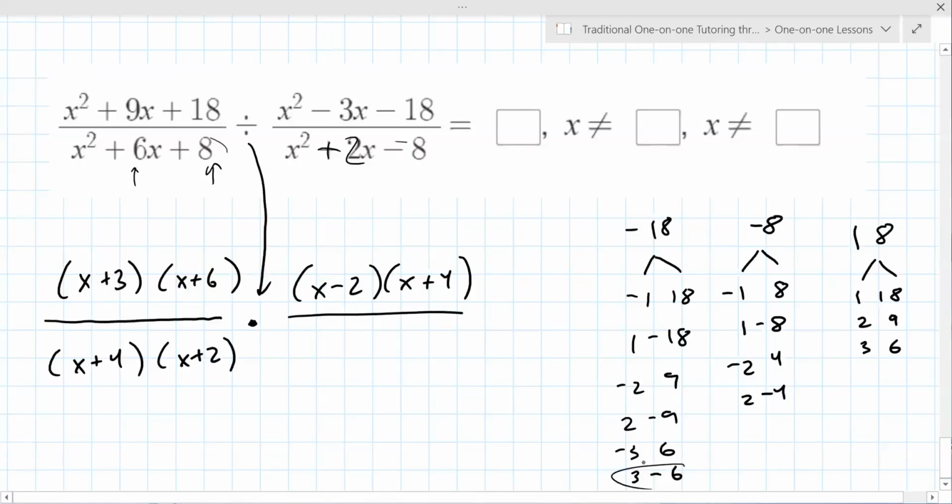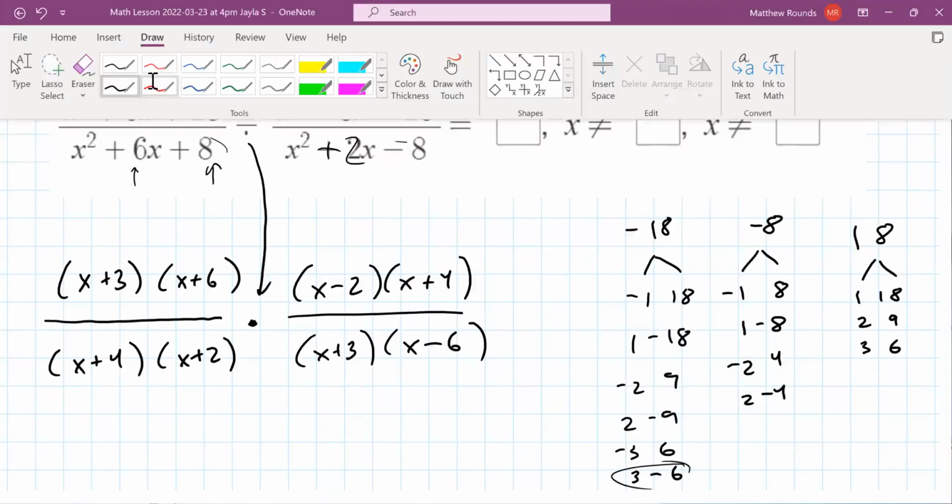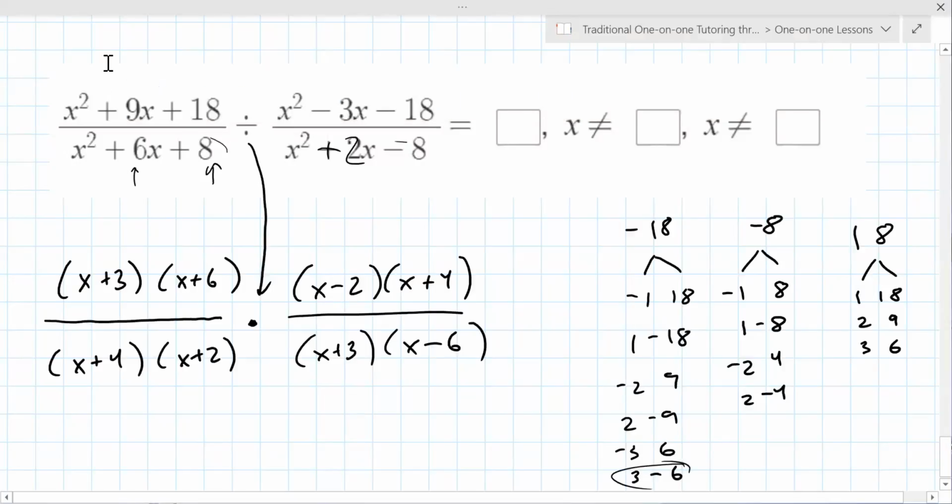3 and negative 6. Yep, so we got x plus 3, x minus 6. Okay. All right, so now tell me what you see that cancels in the top and the bottom. X plus 3, x plus 2, and x plus 4. So I must have made a mistake